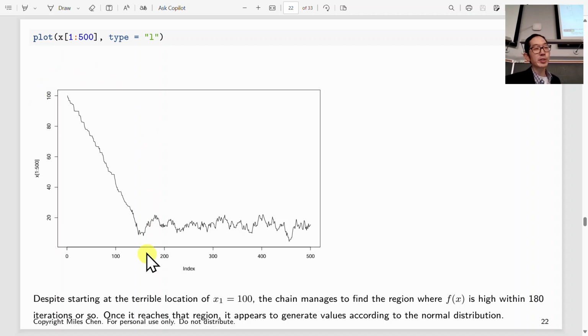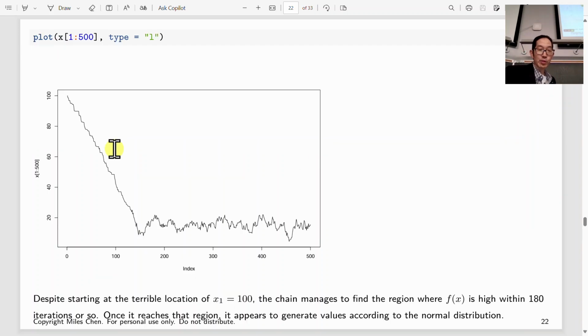All right, the burn-in period, we just throw this away. This is not part of our target distribution. We recognize that. We say, I didn't know where to start, but I trust in the algorithm, and the algorithm is eventually going to find where it needs to go, okay? And once it finds where it needs to go, then we're going to look at the values it generates. But until then, we're just going to ignore the beginning part, because it's searching around. So it searches around, then it finds it, and then we keep these values.